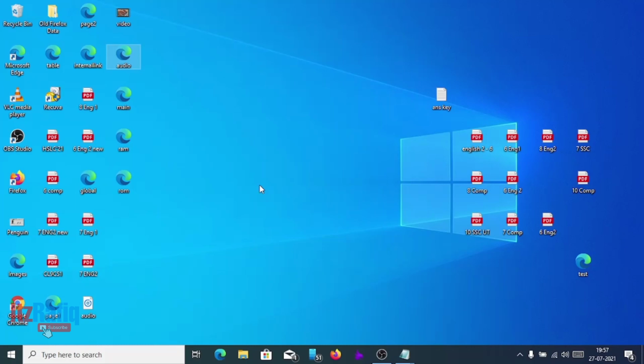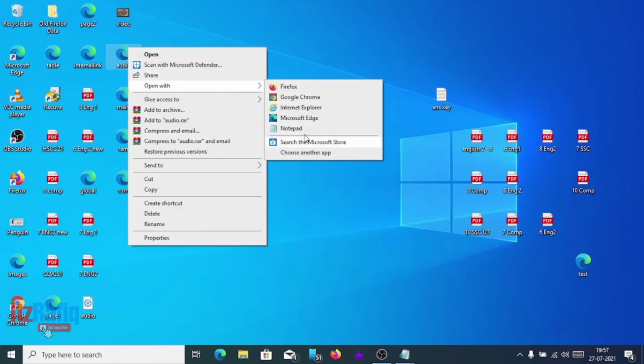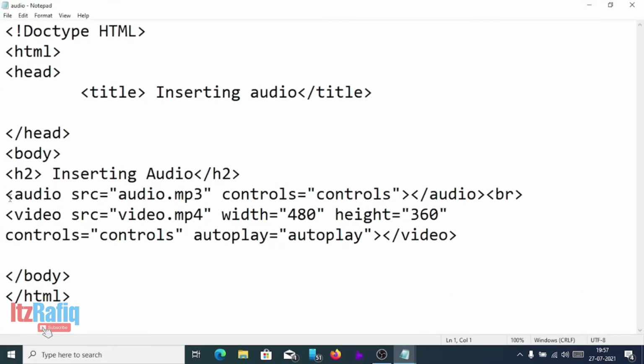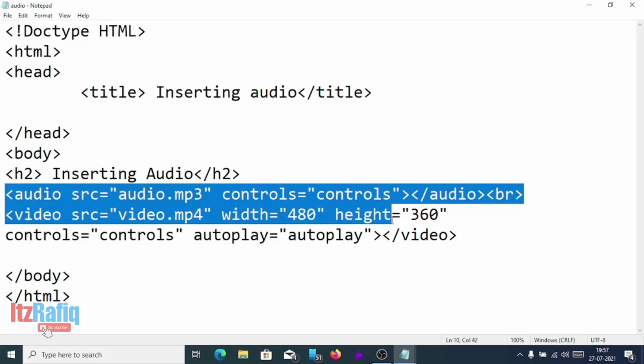So let's insert the same video clip by using embed. We're going to edit the file. We'll open the code in Notepad. Now in place of audio or video, we are going to write embed.